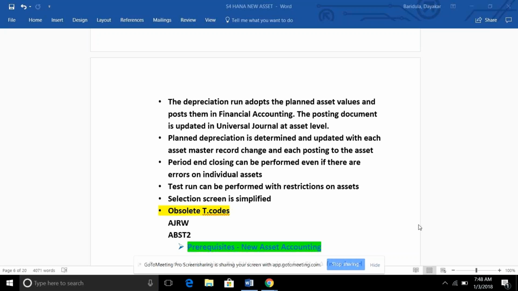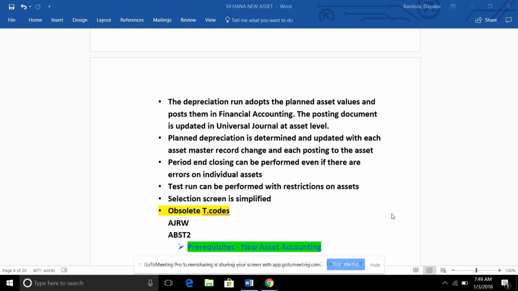What we are following. On the GL and the subledger, you can't directly post. But if you want to do any tax adjustments of last year, you still need to have your asset accounting fiscal year open. That you have to open. Yeah, that we can still do. I did it so many times. That's why I know. But generally, we are following the same way in the year-end process, closing and opening the fiscal year and closing the previous fiscal year.